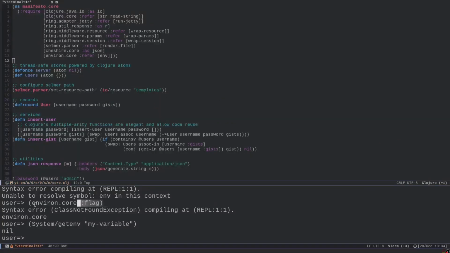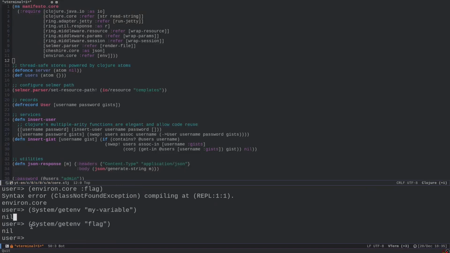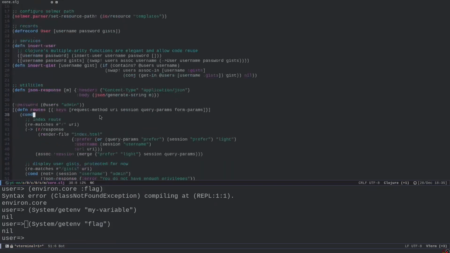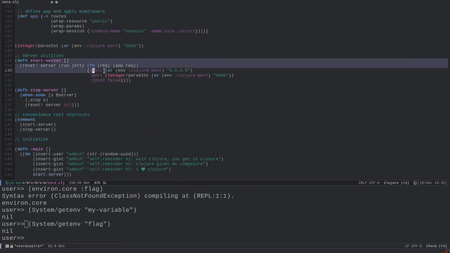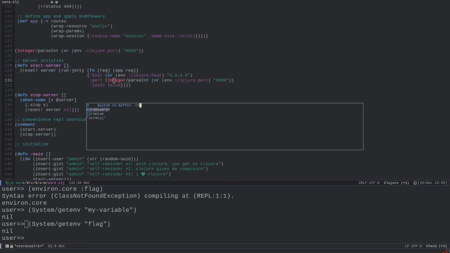Okay, and in this case, I cannot use this environ.core because it is a library to deal with environmental variables. If I don't have this library, but I still want to access the environmental variables, I can use the system/getenv. So in this case, system/getenv in the context of the challenge should get me what I need, which is the flag itself. So that's the idea. So we start the server, and if I go to the browser, as I was doing